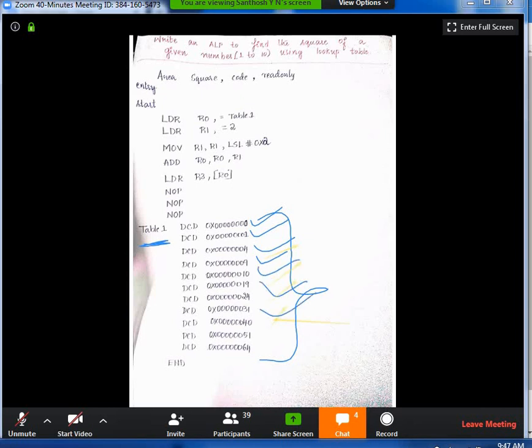Okay, D and the last D mean double word. Word means 16 bits, no? Word means 16 bits. Double word means 32 bits. Okay. Next, you are allocating one table in the first memory location. What are you saving? You are saving 0. The square of 0 is 0, and the square of 1 is 1, and the square of 2 is 4, square of 3 is 9, square of 4 is what? 4 4s are 16.